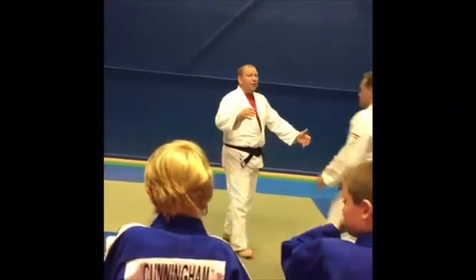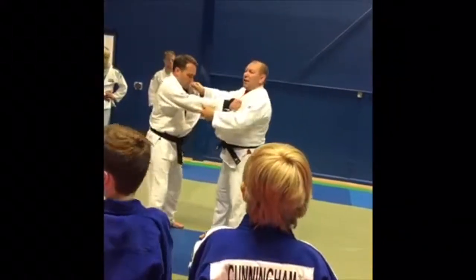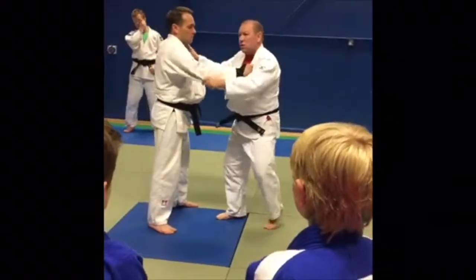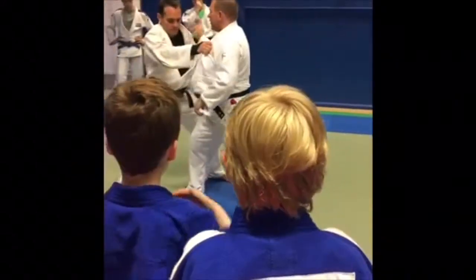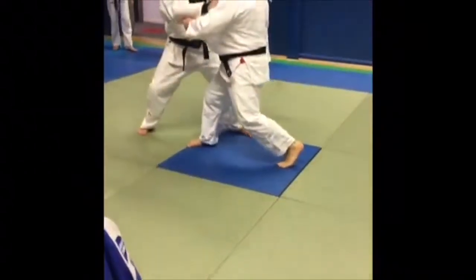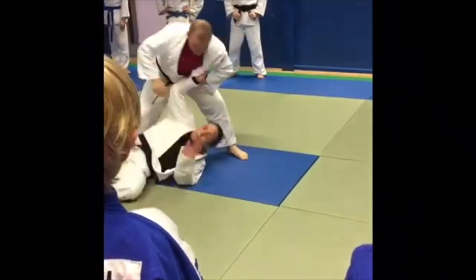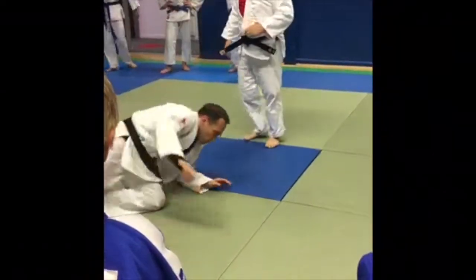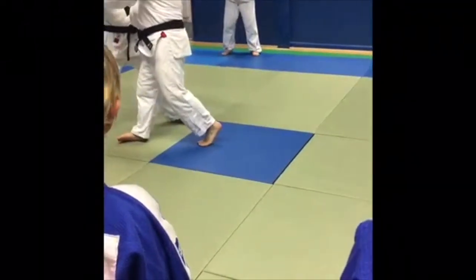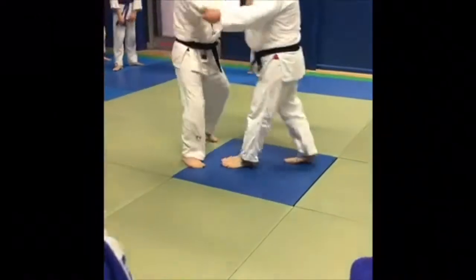So, example, demonstration. We'll use Theo's Kouchi Gari Tai Otoshi. Main point I want to make. Kouchi Gari changes the position of Patrick's body. Gives me an initial foot in. I must maintain the kazushi. For that one, must maintain the kazushi. I can't just go, I've broken his balance, move them, and then just come to here. It doesn't happen. I need to maintain